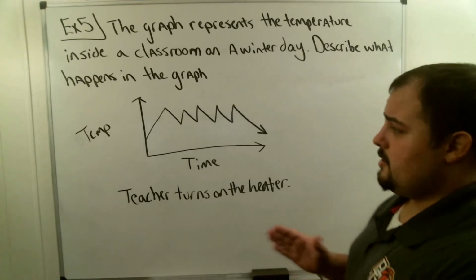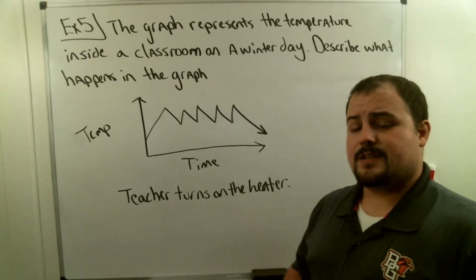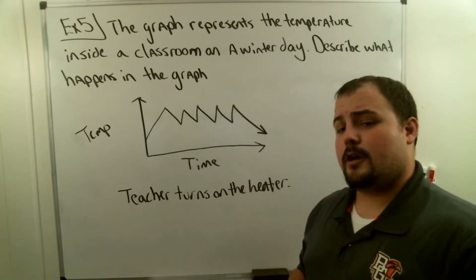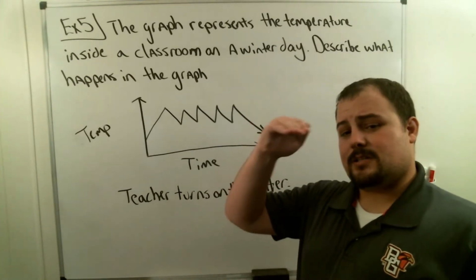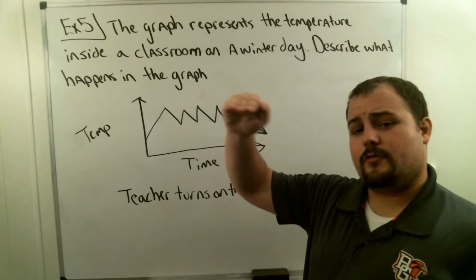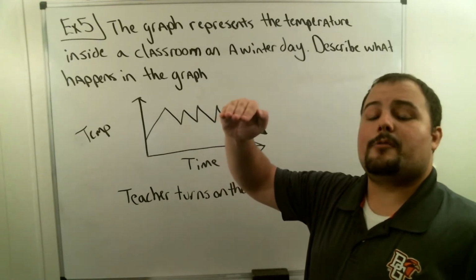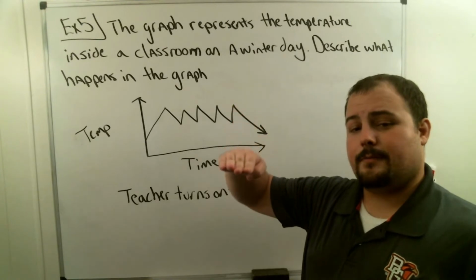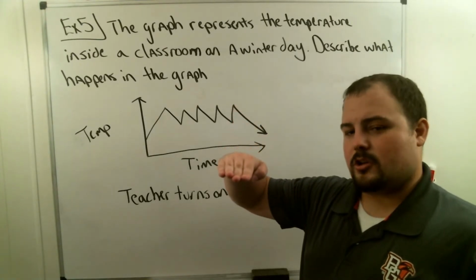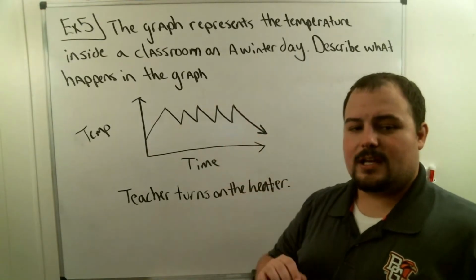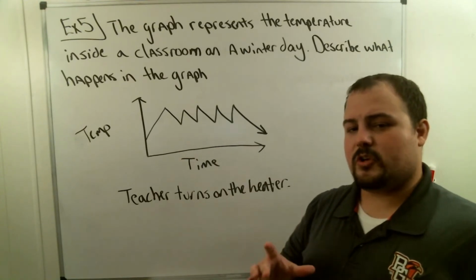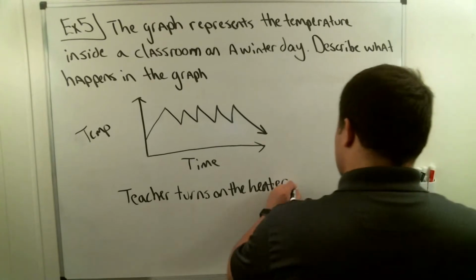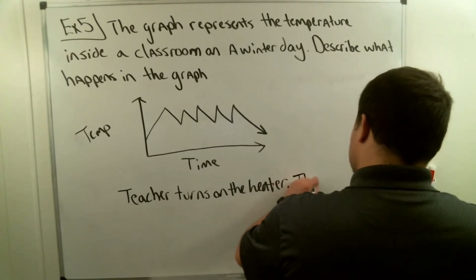After the teacher turns on the heater, when the temperature reaches a certain point, that heater is actually going to turn off nowadays. What that means is it's going to hit where the thermostat says, okay, you've hit the temperature you want to be at, and now we're going to shut off. It's going to allow the heat to go down, and then the temperature is going to go back up. So the thermostat is going to keep fluctuating the temperature in the room until about the end of the day. So the teacher turns on the heater, and the thermostat